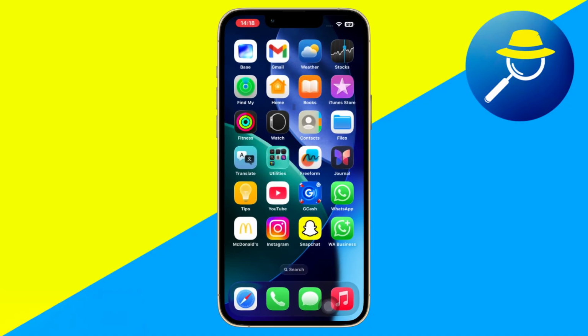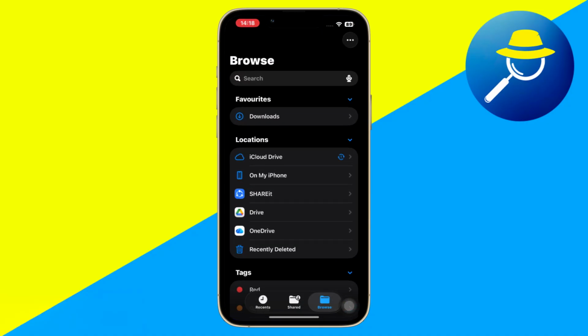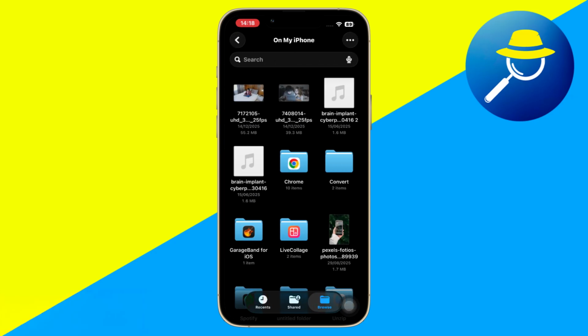close out of Spotify and go and open up the Files app on your iPhone. So go and open it up. Now what you need to do is go and have the music files which you want to go and add to Spotify in the Files app. So what you'll need to do is go and download them and save them here, then go and locate them. So for me, I've got some on my iPhone,